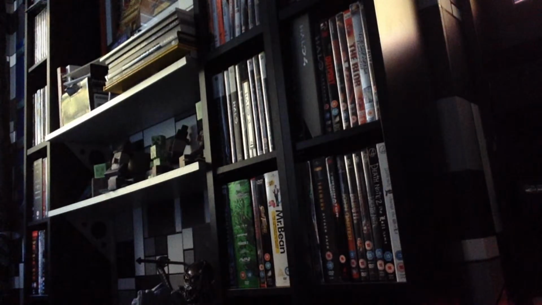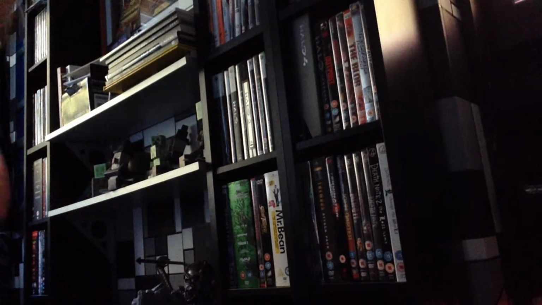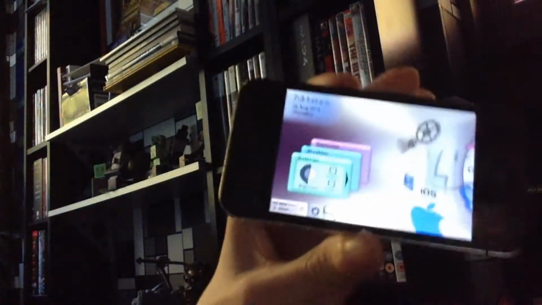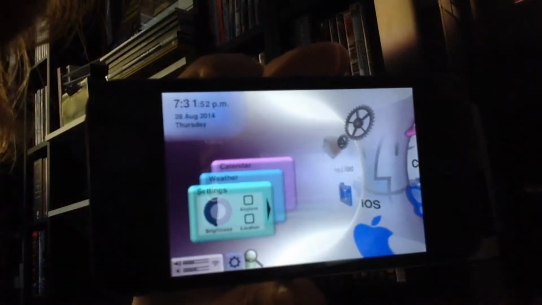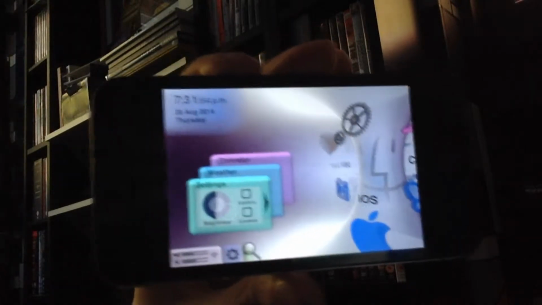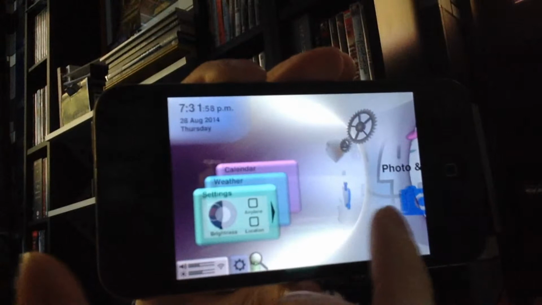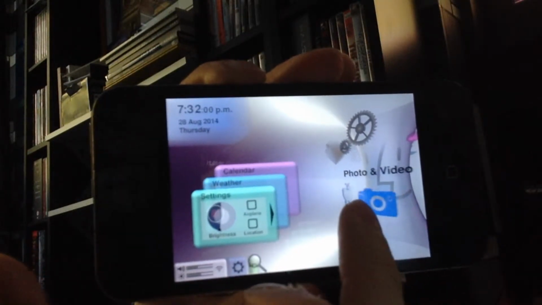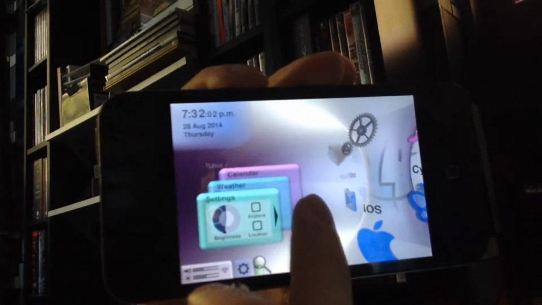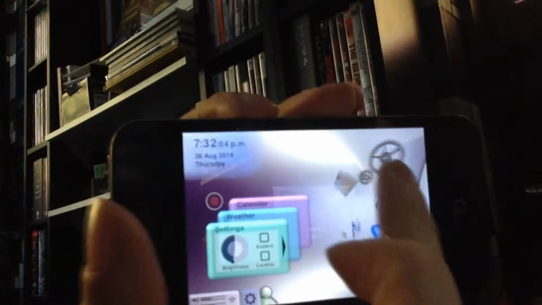Now, the first one I've got on my list at the moment is called Purple Board. So, check this out. That is basically what it would look like. That's your phone. It's got your dock around the bottom that you can actually go into. You know, you've got videos, photos, you've got iOS at the bottom, Cydia, you've got settings at the top,